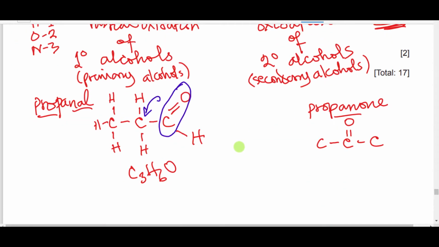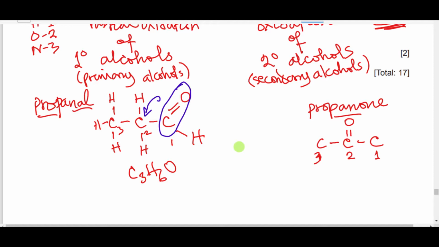So with this first carbon, second carbon, third carbon, the only option for the carbonyl group not to be at the end of the chain is carbon number 2, right? Because carbon 1 and carbon 3, carbon 3, carbon 1 are all terminal carbons. So once it is placed on carbon 1 or carbon 3, it will be a propanal or an aldehyde, right? So for it to be a ketone or a propanone, it must be placed on